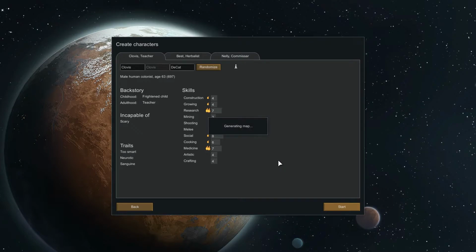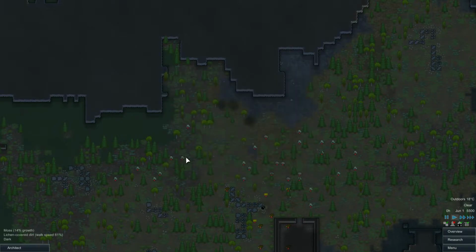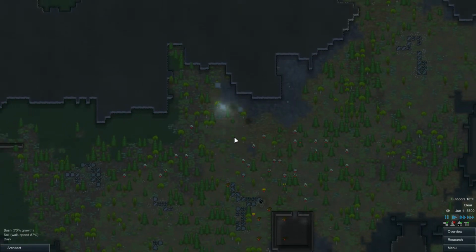So basically, what you need to do is you're just landing in a field or on a planet, and you need to start building a base to actually survive. And that's where the interesting part gets. You can simply survive the first couple of half an hour just by